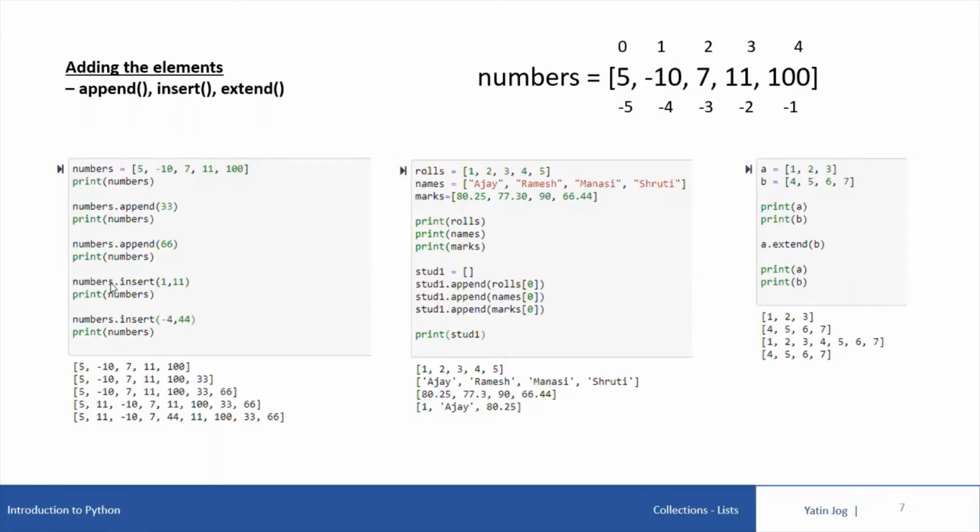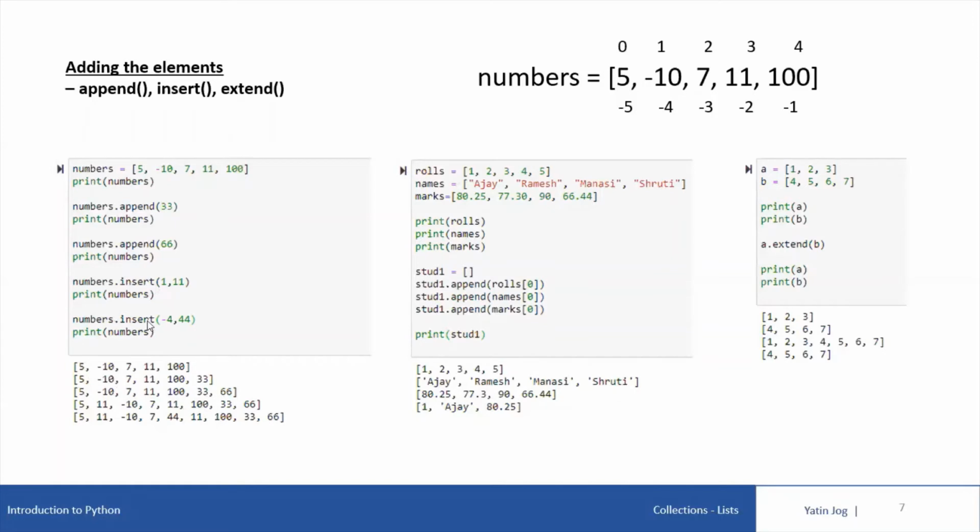So this is my current list after these 2 append method calls. This is my current list, values 5 to 66. Now in this case, I'm trying to insert 11 at first location. So my 0th location and first location. In this location, I'm trying to insert 11. So the whole list will be pushed to the right by 1 location and 11 will be placed here. So if I print numbers, you'll get this output. So 11 has been inserted at first location and then the remaining list is present.